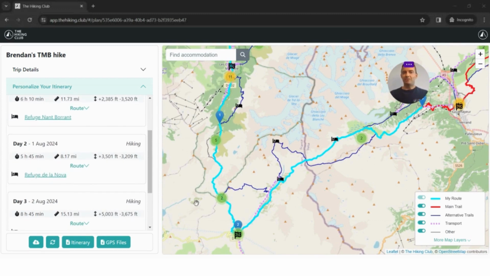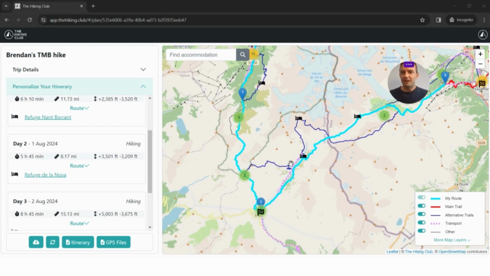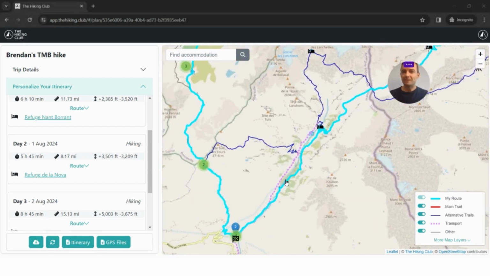Now over here on day 3, we've got another big day planned from Le Chapillot to Refugio Maisonville. And again, we figure that might be too much to achieve on this day. So we know that there's a bus that runs up Val de Glacier between Le Chapillot and the car park near Refuge Motets, and we'd like to include that in our plan. So for a bus, it can be a little bit different. It's the same in principle, but